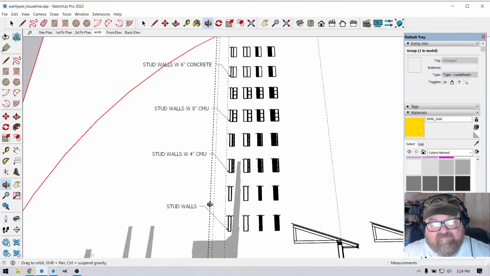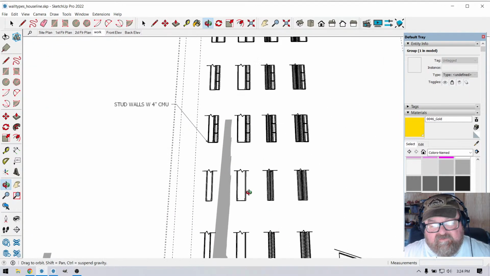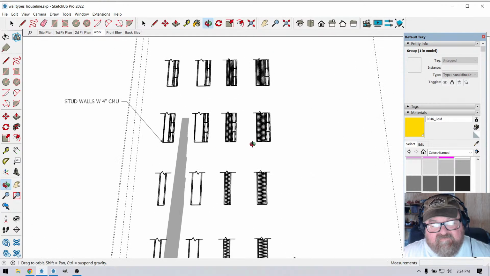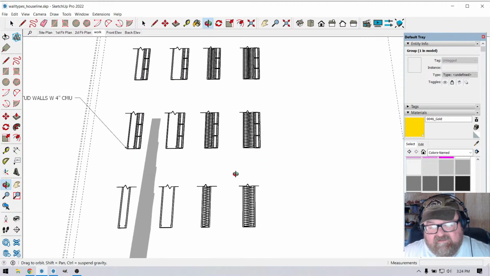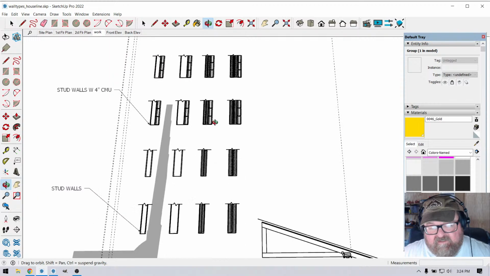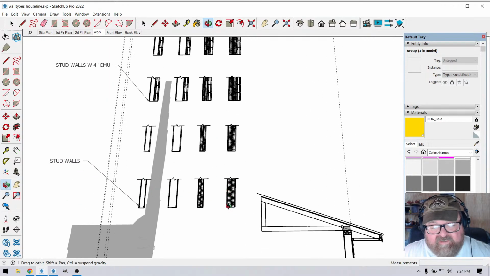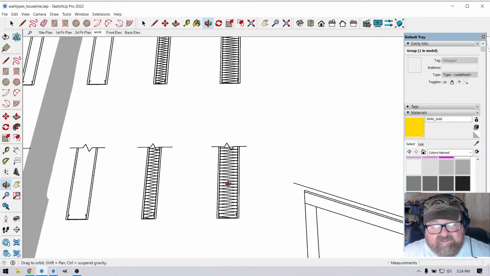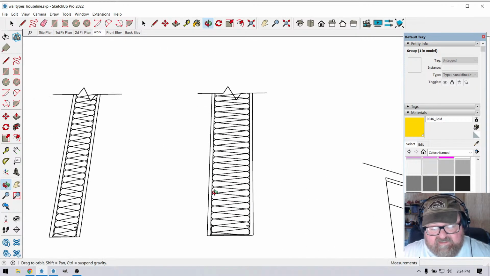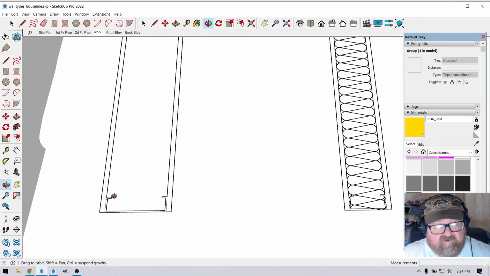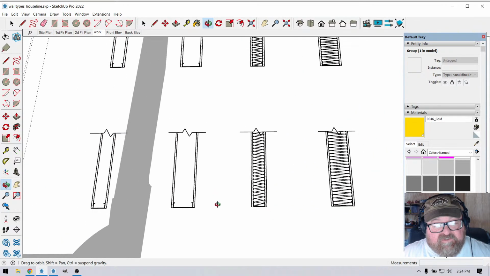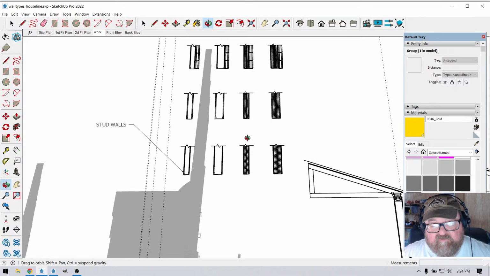But the other thing we would do too is on the drawings, we would have wall type schedules. Like this might be wall type A, this might be wall type B, and these are all variations of this. Typically this is insulation. That curvy line is insulation, and then you got your drywall, and here you can see this is a metal stud wall. You got the metal track on the bottom, the drywall on both sides. So we would show it this way. We would point to this wall,